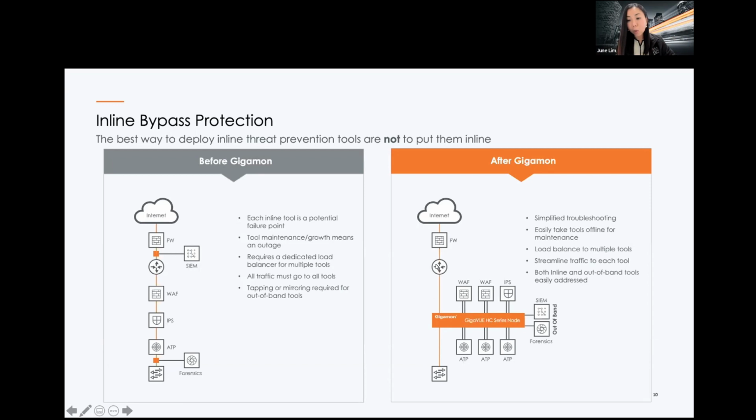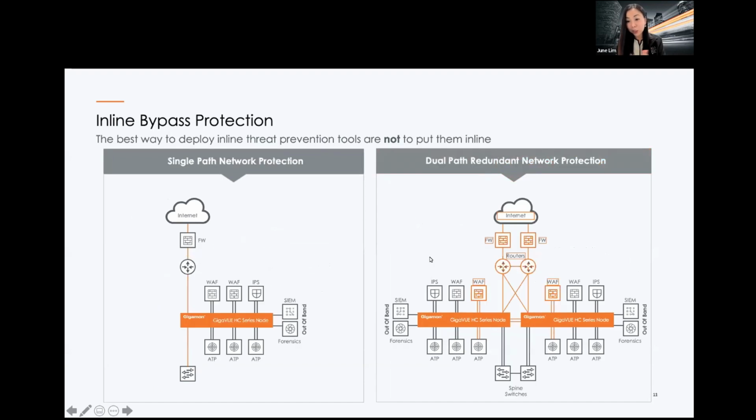Your network is always running 24/7, very resilient. This is very popular, and a lot of banks use Gigamon physical bypass capability. Of course, we support HA as well. If you are wondering what if Gigamon is down, no worries about that. We do not impact your network. HA is also supported.